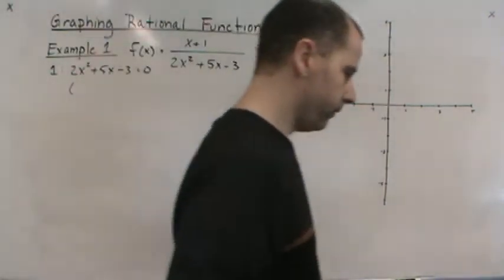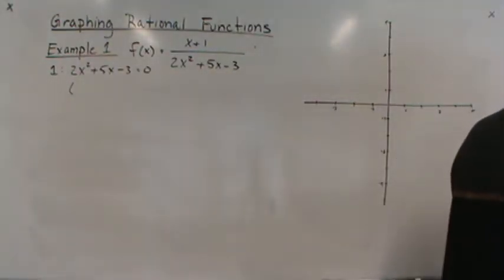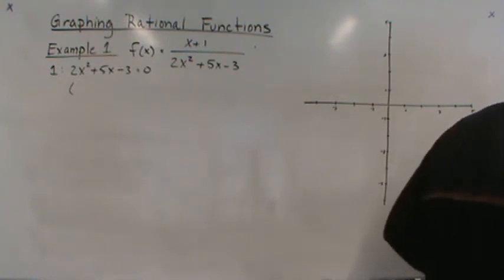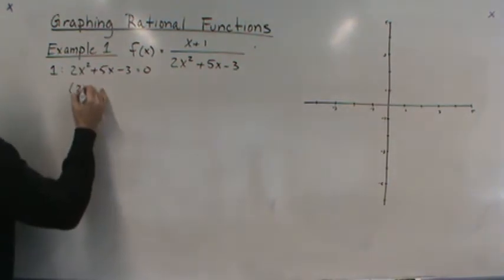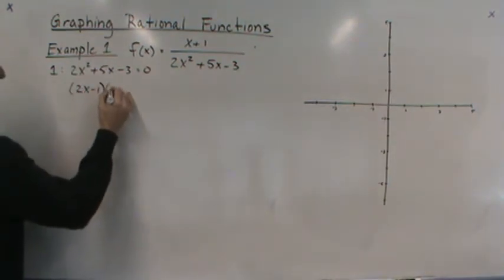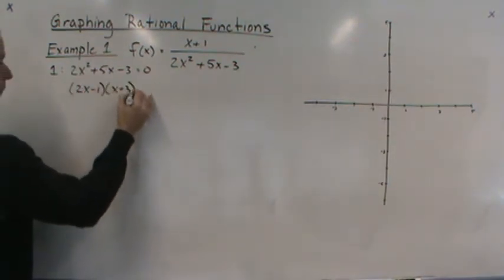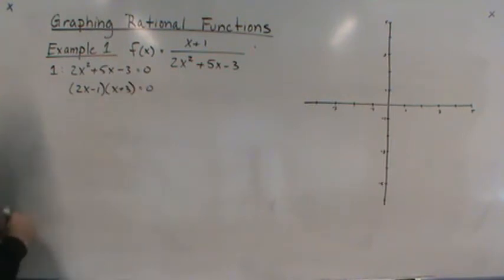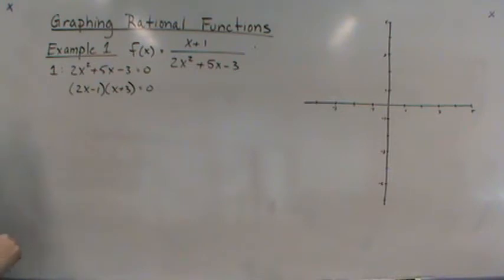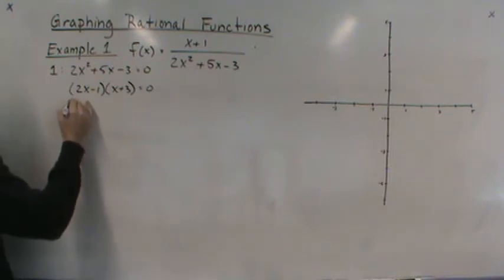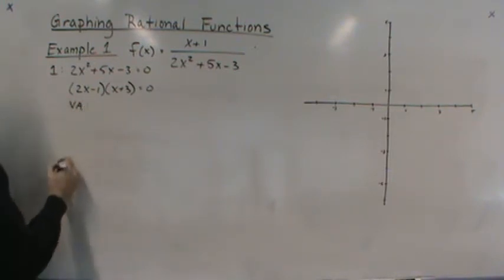And so we find that this factored gives us 2x minus 1 and x plus 3 equal to 0. Okay, so we solved this before,